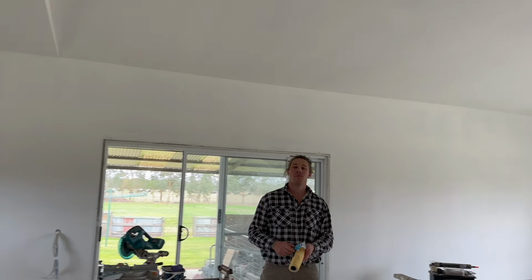So we've done the ceiling up here. We just have to do this wall because we haven't done that, and then we've got this back room to do. Jackson's just cleaned all the